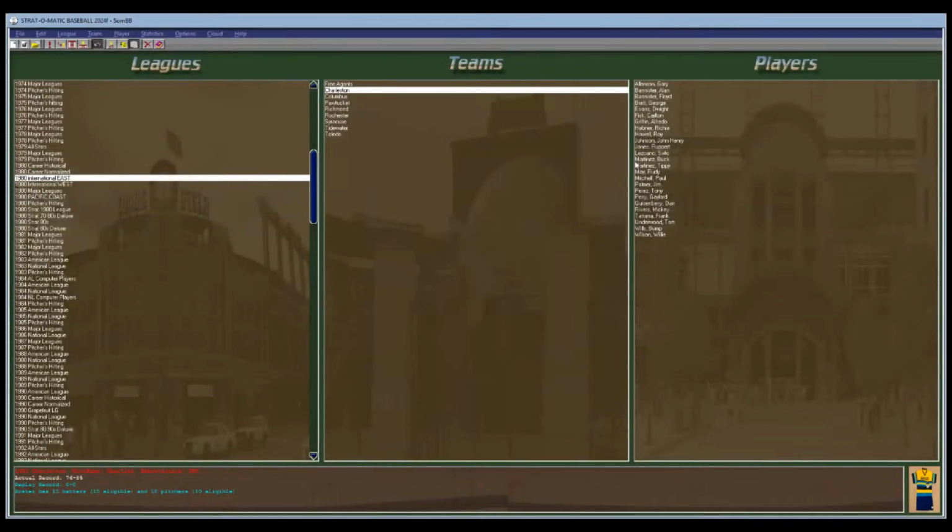Now, what I did see, I did leave the Stratomatic trade guy on, and first thing I did is I pulled up a manual game, and a trade was made on opening day. So Hal McRae was traded, I believe, to Richmond of the Braves for Steve Kemp, as he went to Syracuse.